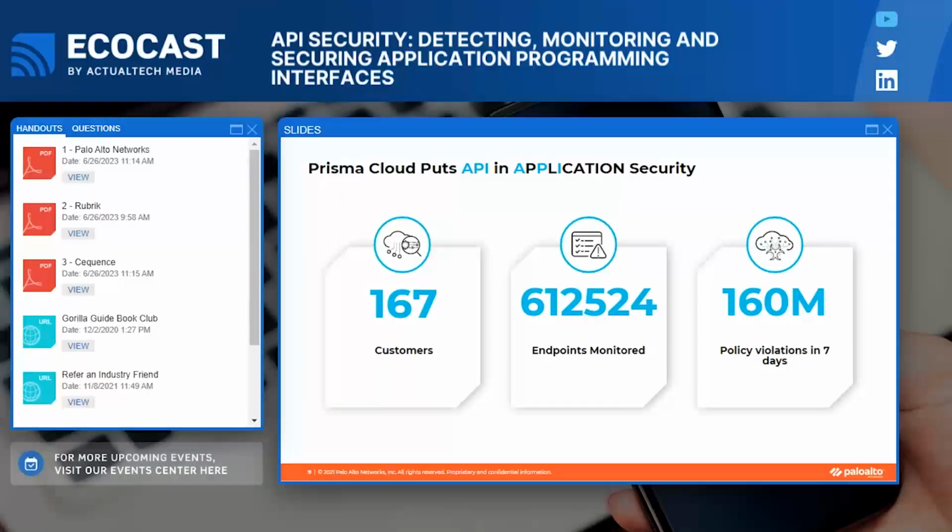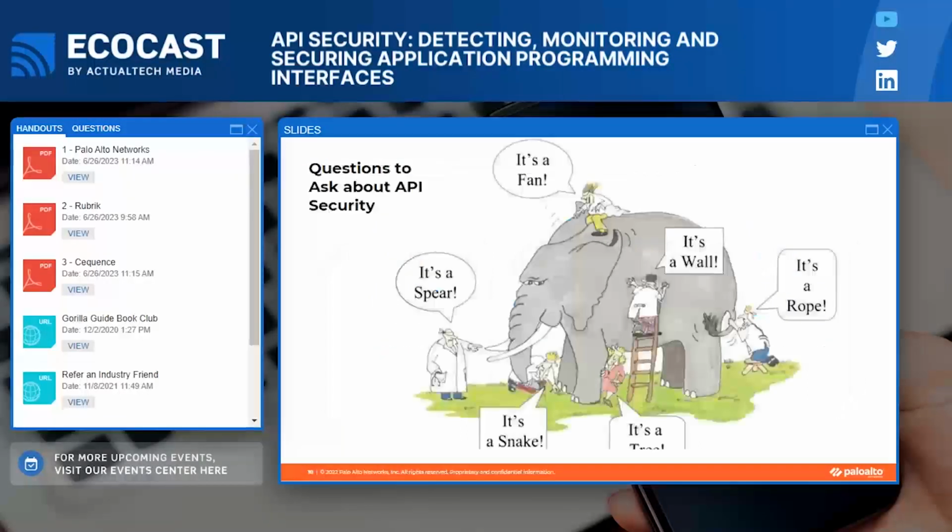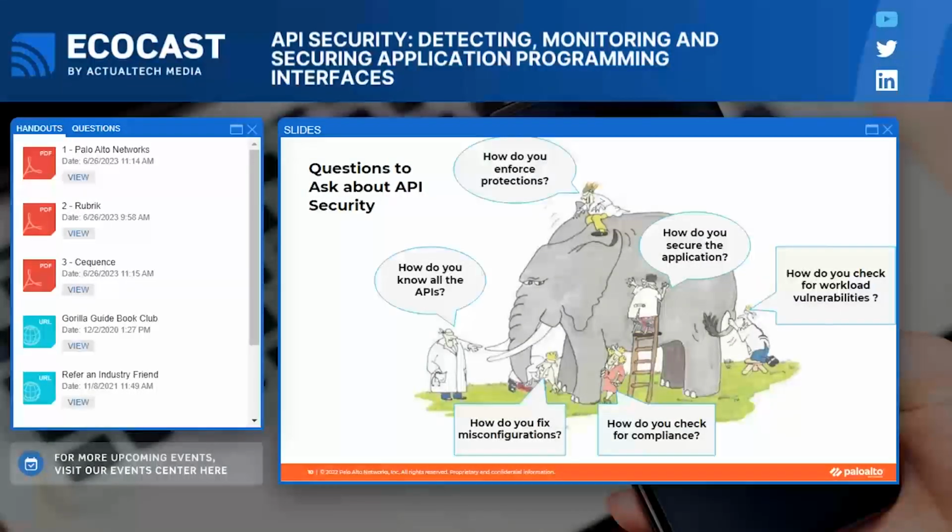Yeah, exactly. And I think one thing we want to leave you on is just questions to ask about API security or API security tooling when you do get a chance. I don't know if you've heard the analogy of don't stand too close to the elephant, because then you'll only see one thing. If you stand too close, you might think it's a wall. You might think the tail is a rope. So what we want to do is arm you with the right questions when considering API security